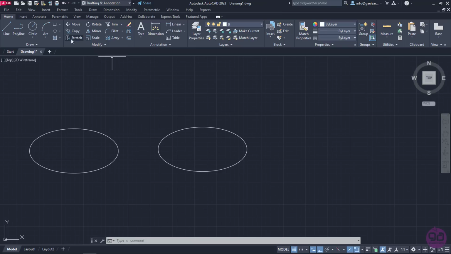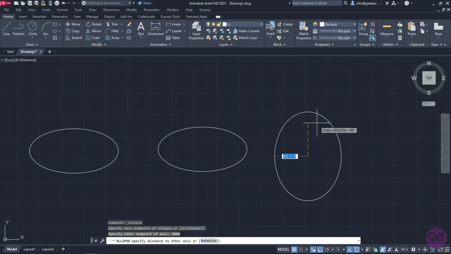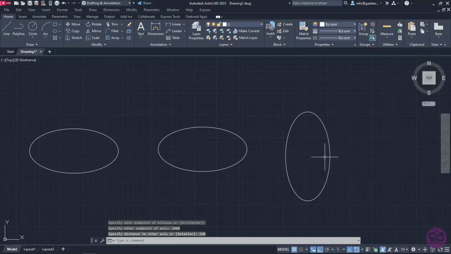So I will activate the same tool again to show you exactly what I mean. I will click somewhere in the drawing area to define the end point of the axis, then move my cursor upwards and set the length of the minor axis to 1000. I will press Enter and notice that now the length of the minor axis was defined. Next, I will set the length of the semi-major axis to 250. Once I press Enter, the ellipse is created, and notice that the new ellipse is actually a 90-degree rotated version